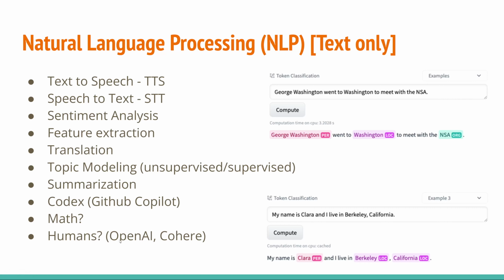And then actual humans, OpenAI and Cohere services are pretty much real humans. You guys all heard about the Google person that quit. Honestly, pretty sure it's just a marketing scam. But OpenAI and Cohere already have services available that are equally as persuasive. And that's why I classify them as humans, because it's pretty scary. With these type of systems, you can do a lot of these other items I've already put up above automatically with this one service, because it's so intelligent and so in depth. It can do many other items that are usually one-offs.